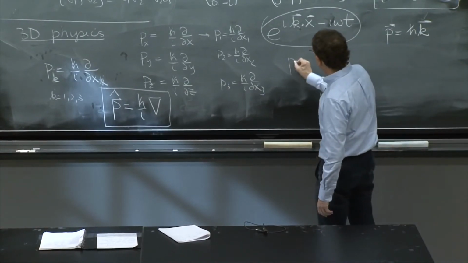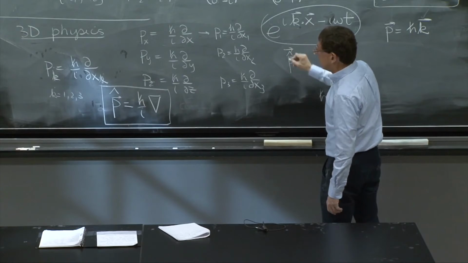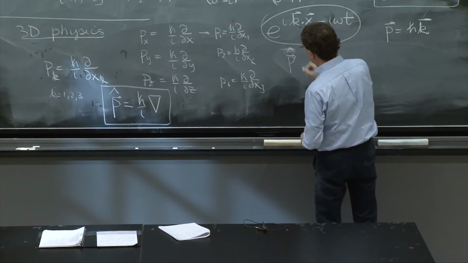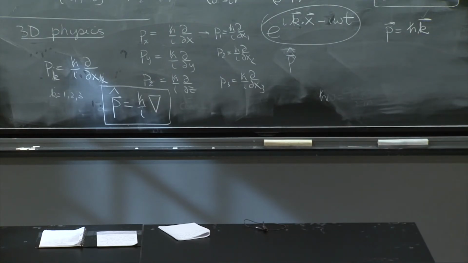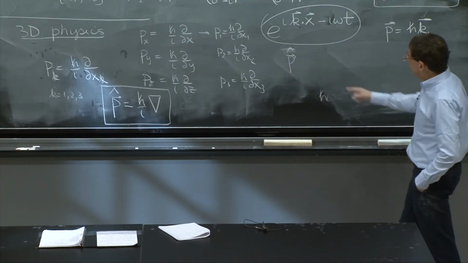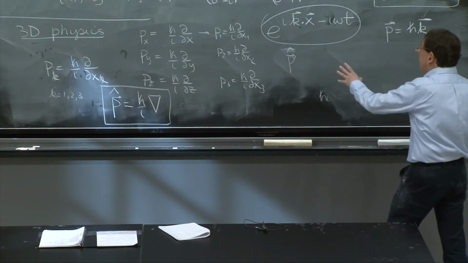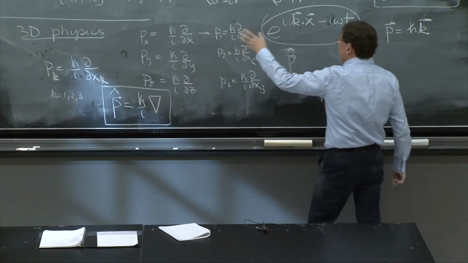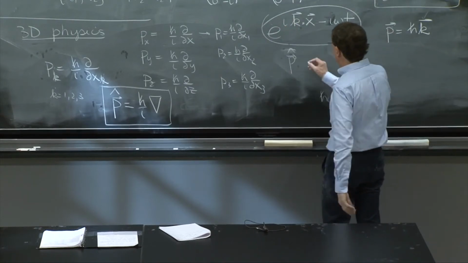So p hat vector. And now here's a problem. Where do you put the arrow? Before or after the hat? I don't know. It just doesn't look very nice either way. In the typed notes I think we'll use bold symbols for vectors always. So there will be no proliferation of arrows there. So anyway, if you have the gradient acting on this wave function, e to the i kx minus i omega t,